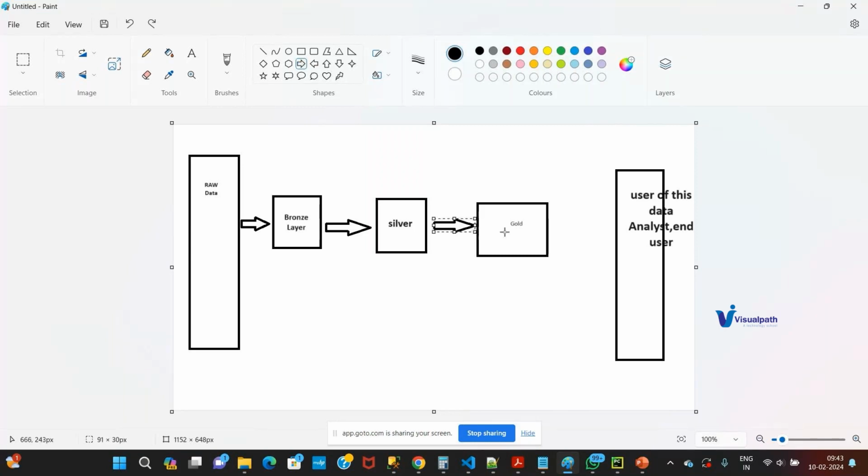And from here, people are accessing the data and preparing reports on top of it. There is machine learning being applied to try to build some predictive models on top of it. So that's how the typical world of data engineering or a data